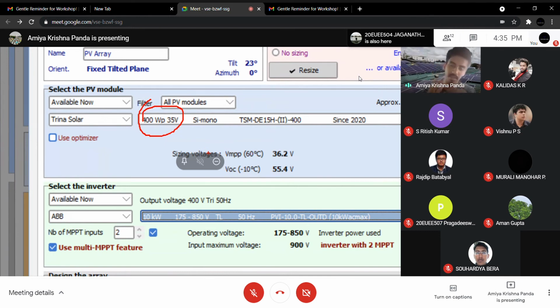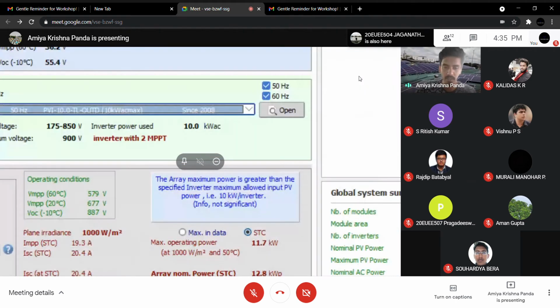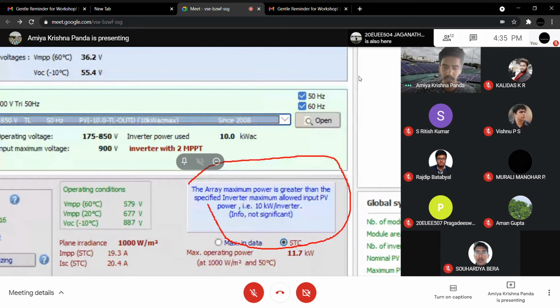Now in this case, what I have done is I have chosen the inverter and module, and here there is what is called the error box. Now here, if your error is green or kind of blue, in that case you can go with it, you can run the report. But if it becomes red, then you can't do anything, you have to create it new, right? So here